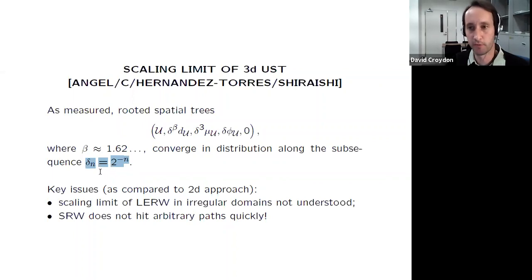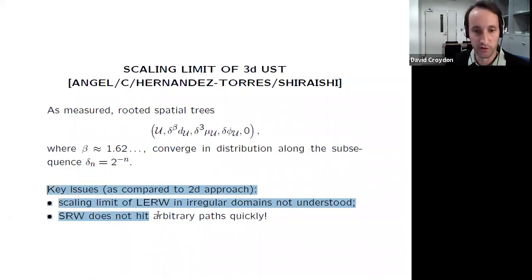The reason for this subsequence is purely due to Cosma's result. In his original paper, where he showed that the shape of the paths converged, he proved things along this subsequence. I think there's no particular reason to believe this is needed, and actually our result shows tightness along an arbitrary sequence. So it's not an essential condition to have a geometric series like this. That's the first comment, and I mainly wanted to highlight the extra work that was needed here.